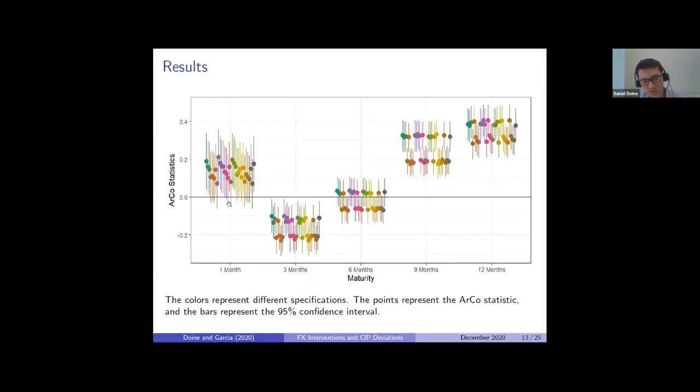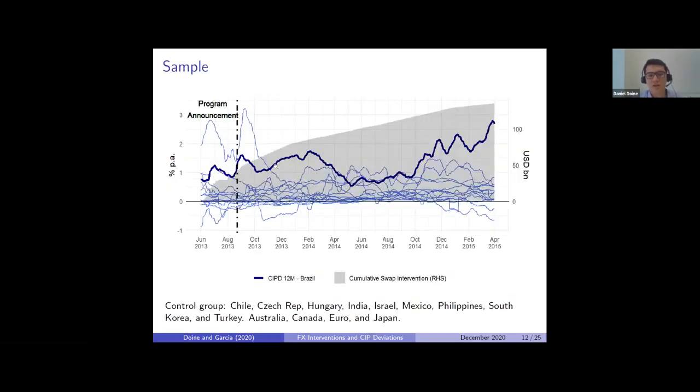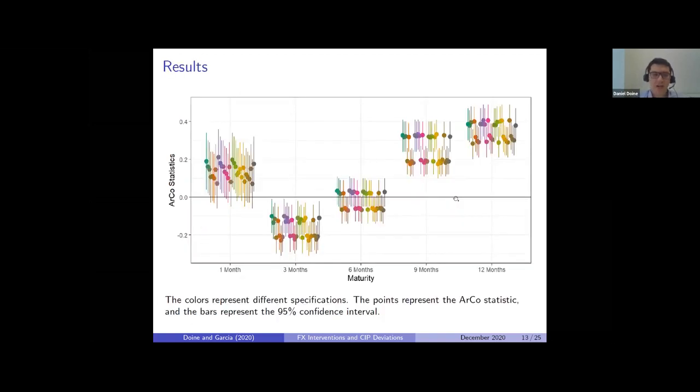And so here are the results, and how I'm presenting the results. It's basically looking at the statistics of ARCO. ARCO will build a synthetic CIP deviation, and on the average of the post-intervention sample, how is the difference between the observed minus the synthetic CIP deviation, right? For each maturity we're looking at, up to 1 year maturities, each ball here represents the ARCO statistics, and the bars represent the